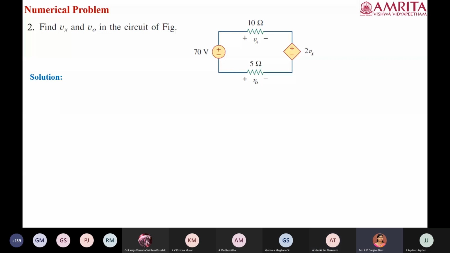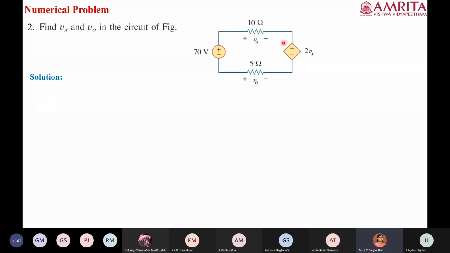So the first thing is that for this given numerical, the question is we have to find Vx and V naught. And for Vx and V naught, they have already given the polarity. Okay, so they have given a random value. So it's not like whatever they have given is correct, especially the voltage drop part. The sources will be exactly correct as given, but if they mention any voltages across any particular element, say for example, for the 10 ohm they are giving Vx with plus minus polarity this way, and for the 5 ohm they have given the polarity this way.